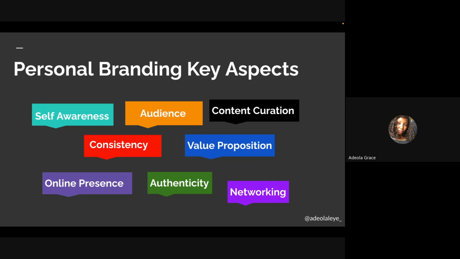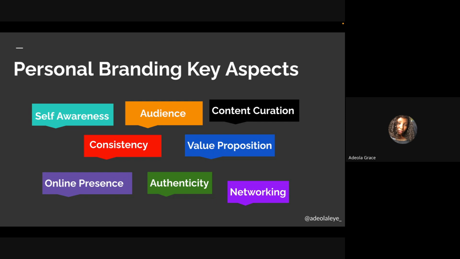Another one is consistency, right? Consistency is actually part of the keys. It is vital across all the aspects of your personal brand, including your presence online. What are the things that you do? Are you consistent with what you're doing? Let us know, okay, what I do is I organize events, I make sure I attend this, I attend that, I create content. These are the kind of content I create. Not that today I will create content of how to make food, and tomorrow I will create content of how they are sewing. Do you understand? We don't even know what you do. You are the kind of people they call jack of all trades, or maybe let me say gogolo. I don't know, maybe we have Yoruba people that don't understand Yoruba here.